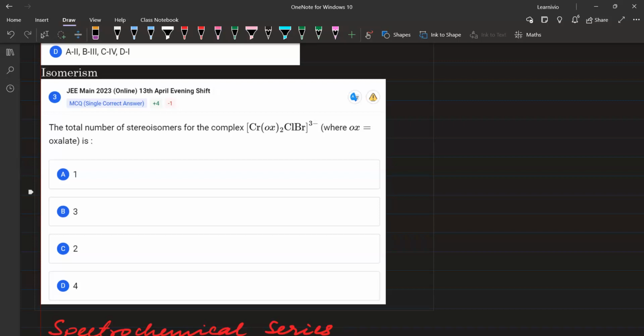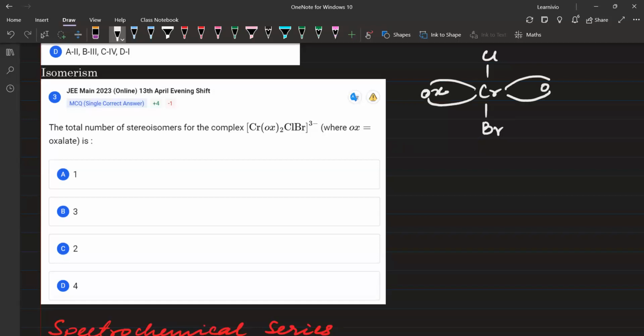तो we have Cr(ox)2 and Cl and Br, 3 minus. अब यहाँ पे अगर हम देखें तो one way you can make this is Cr. Here above we will have Cl, here you will have Br, and I hope you remember that oxalate is what? It is a bidentate ligand. तो oxalate को हम कुछ इस तरह से शो कर सकते हैं, oxalate like this,